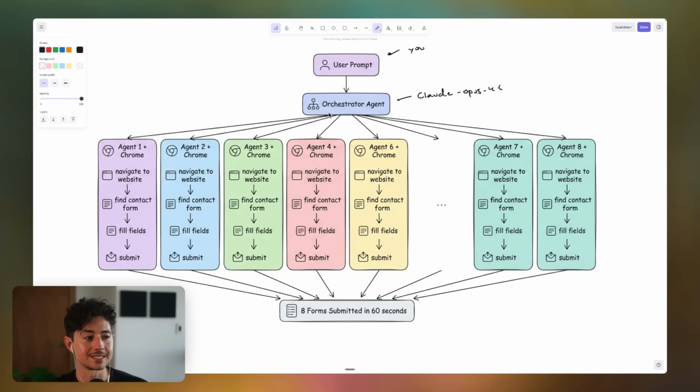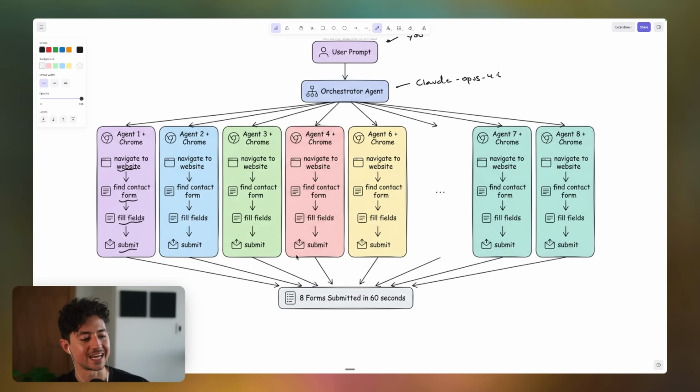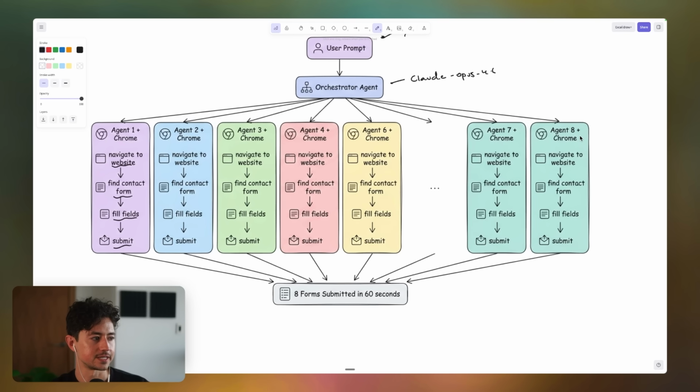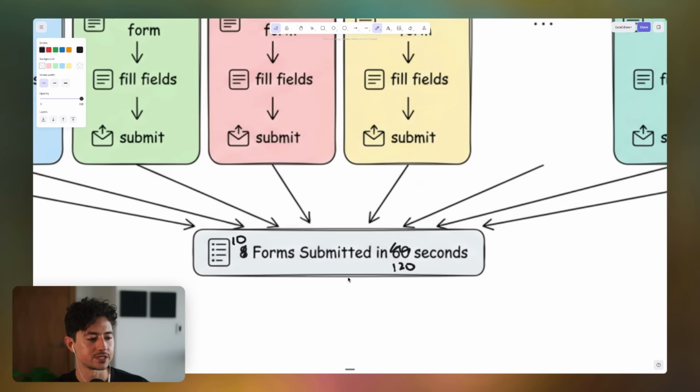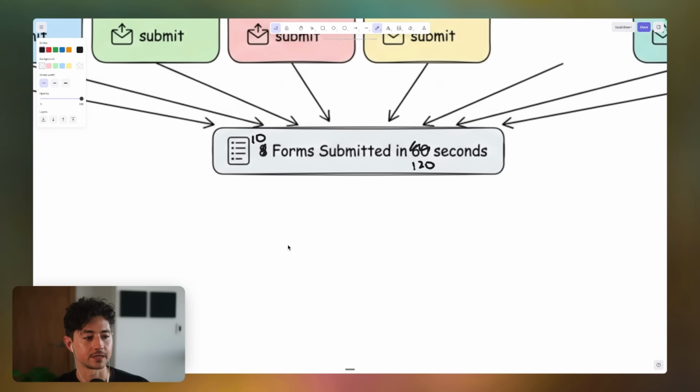And then what that'll do is spawn and set up however many agents we want in separate windows. That'll then all, in parallel, navigate to the site, find the form, fill the fields, and do the submission. So instead of it taking 2 minutes per form, we can submit however many forms. Let's say we have 10 agents. We'd submit 10 forms in the same amount of time it took to submit one, so maybe 120 seconds. And then we just increase this as necessary. I could theoretically have 500 operating if I had the computing power.